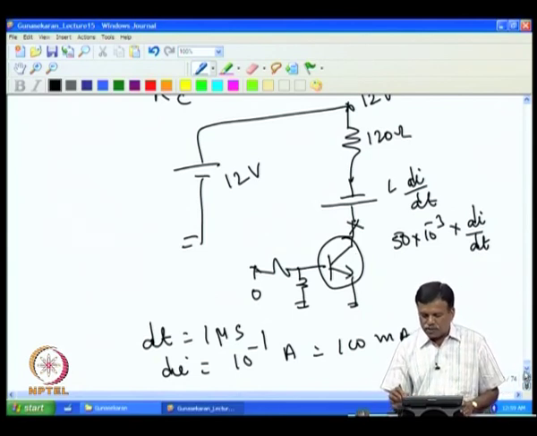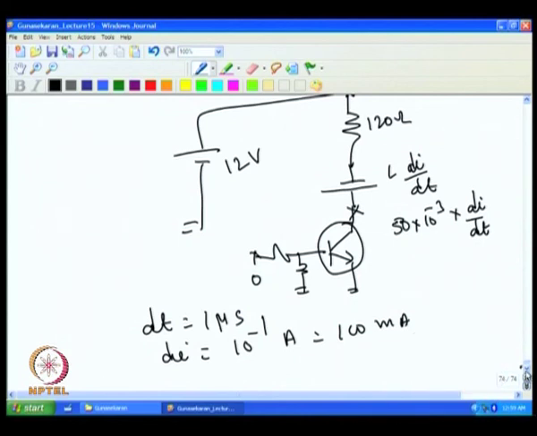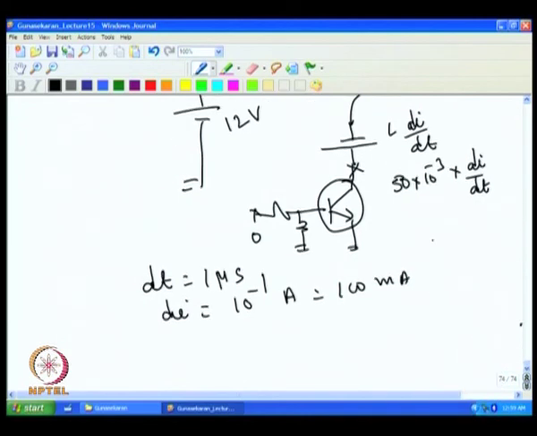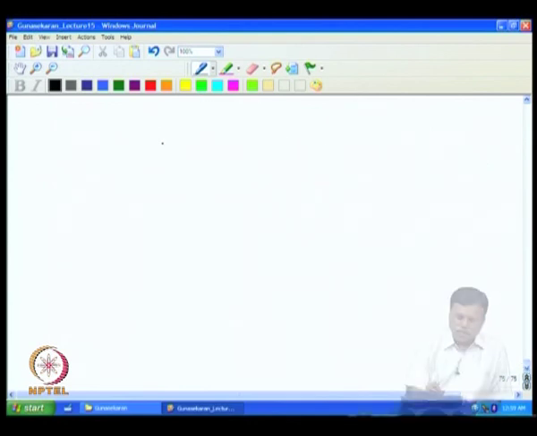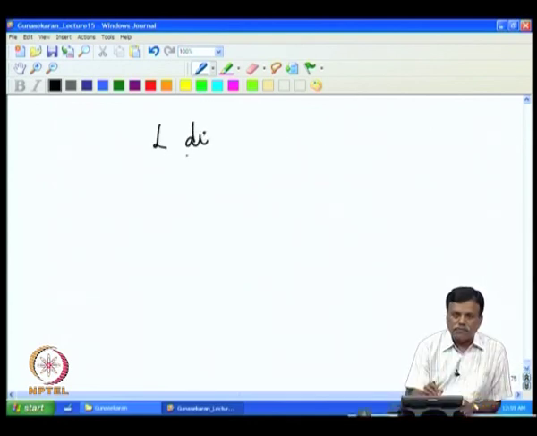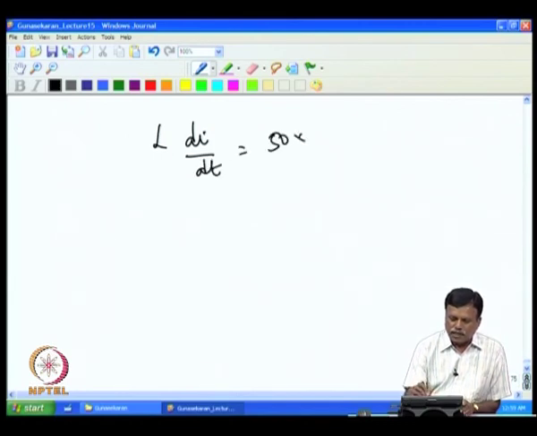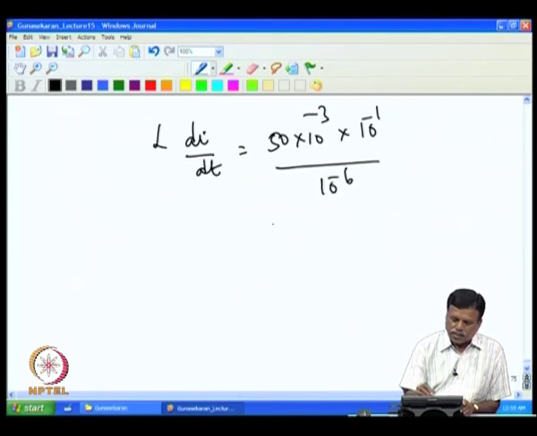So if we calculate L di/dt, with 50 millihenry, a current of 100 milliamps, 10 power minus 1, and dt of 10 power minus 6,